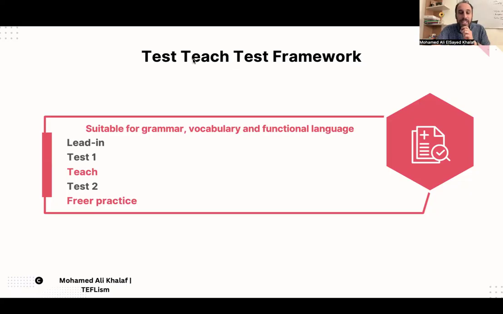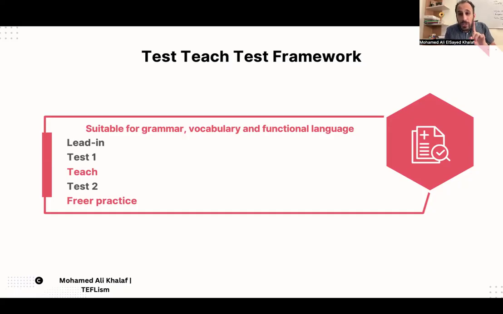Okay, so lead in, test 1, teach, test 2, freer practice. To be honest with you, the only difference between this framework and text-based framework is the exposure stage.